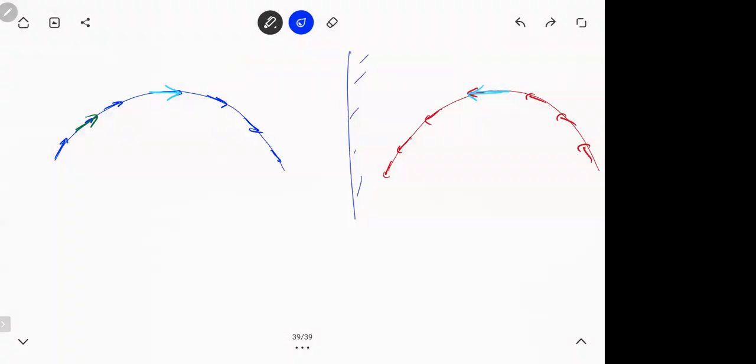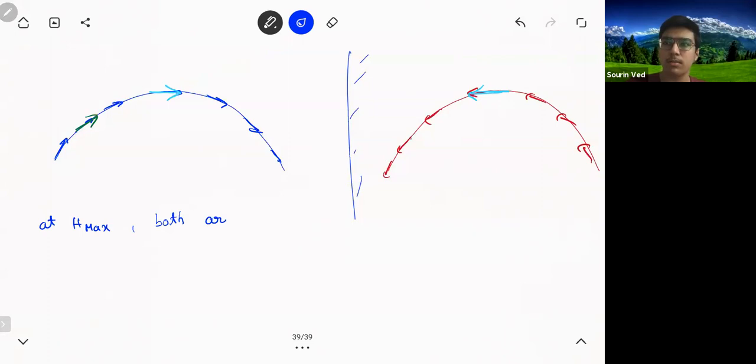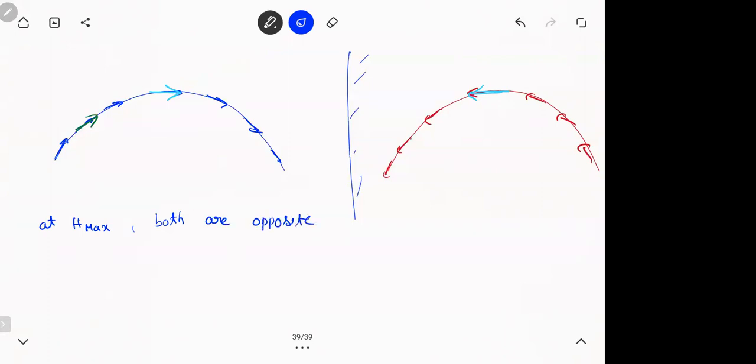But that's it only. Did you see how tough the question was? There's nothing. You should have a logic. Okay, H max where both are opposite. And how much time will it take? What is the time taken to go from ground to H max? There is a name for it. Time of ascent. So time will be the time of ascent. So indirectly it is asking time of ascent.